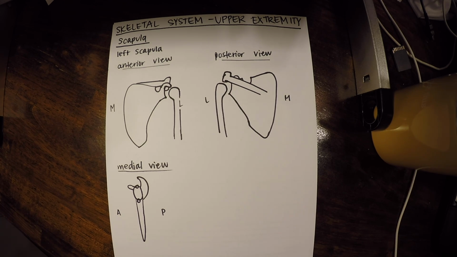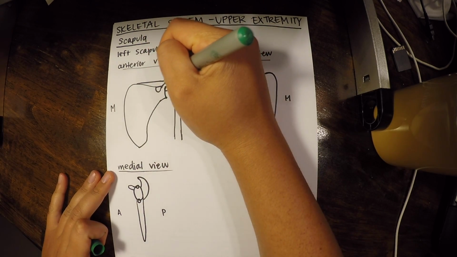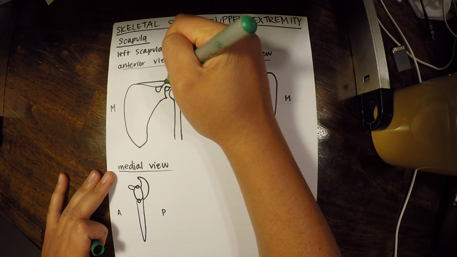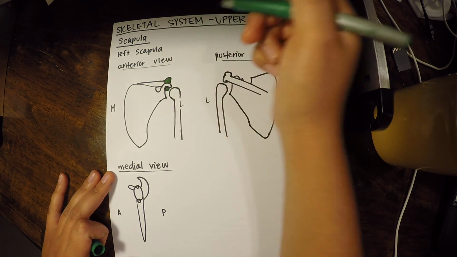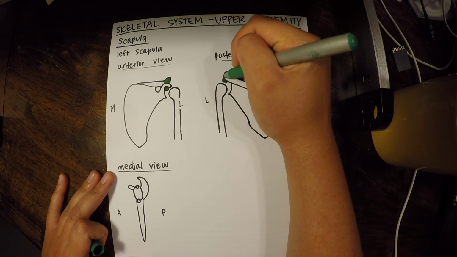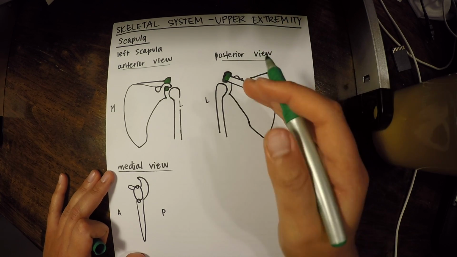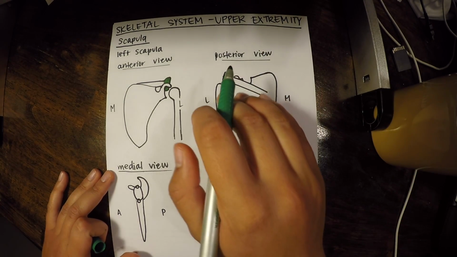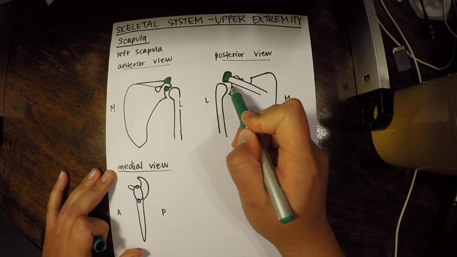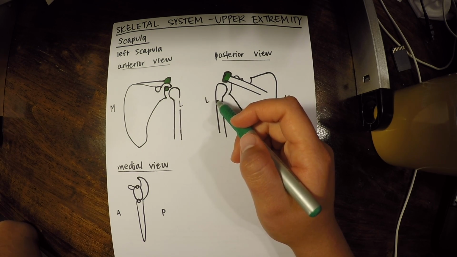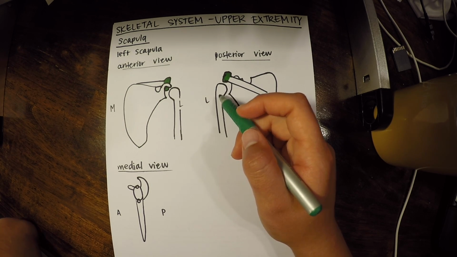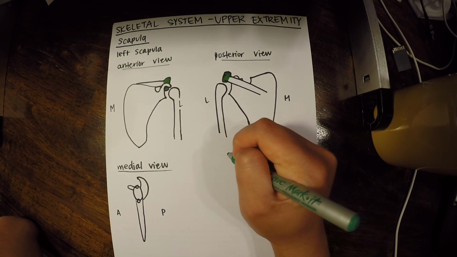We have the acromion, which is right here, and also right here. That's a part that sticks over and almost forms a little roof over where the humerus attaches onto the scapula. And that's important because depending on the shape of your acromion, here I'll write it out so we have that word, acromion.